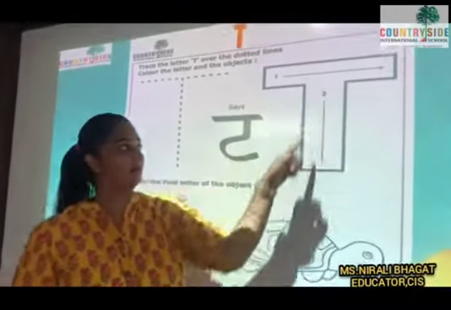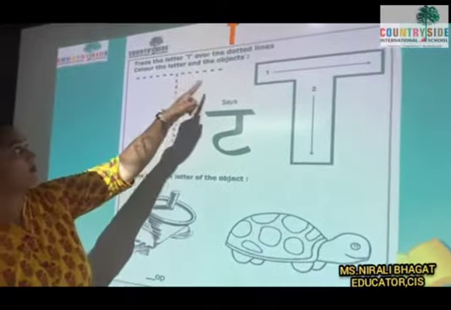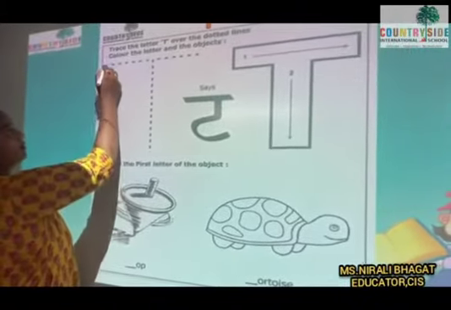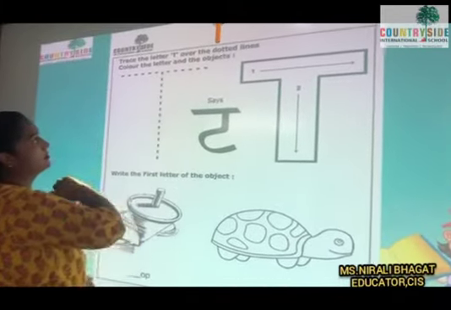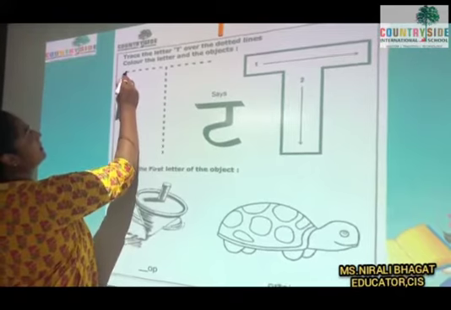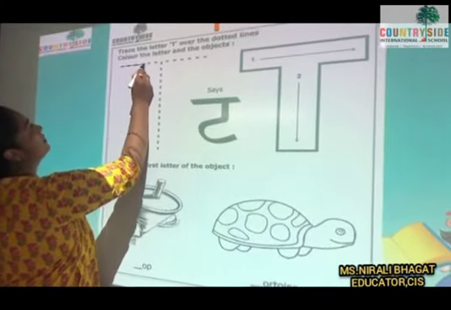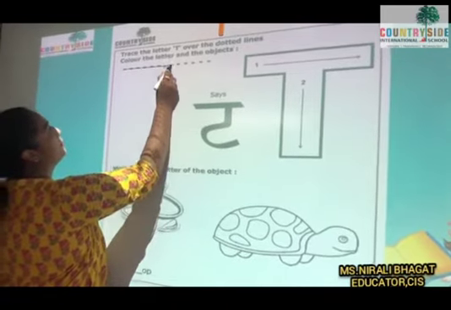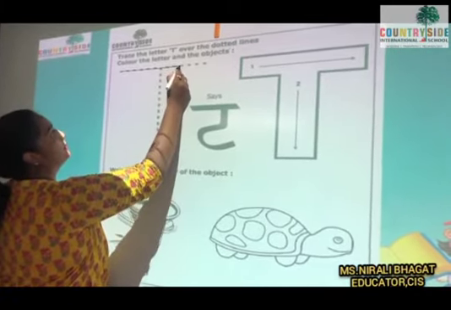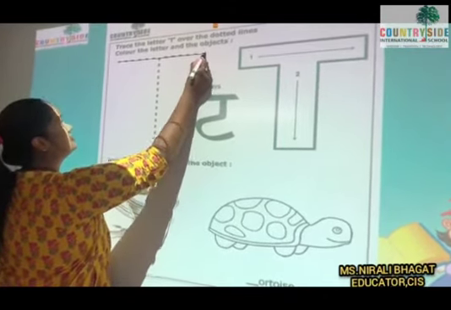See, dotted lines again. Color the letter and the objects. This is letter T and object. So we will start from tracing these lines. Children, you have to join these dots. So we will start from here. First is sleeping line. So you will join the dots slowly and you don't lift your pencil. Not like this. Continue joining the dots like this.